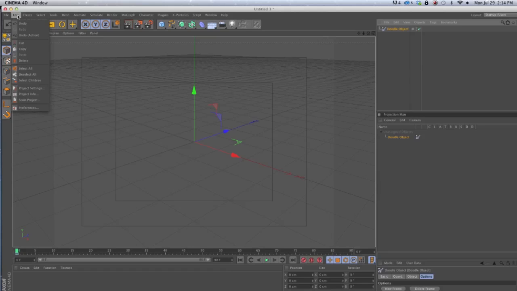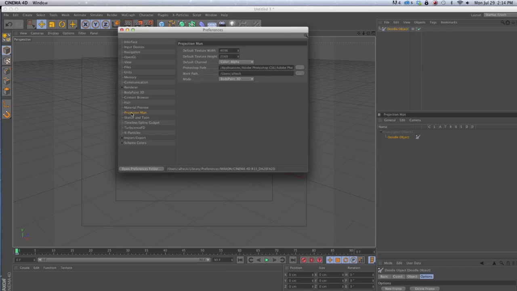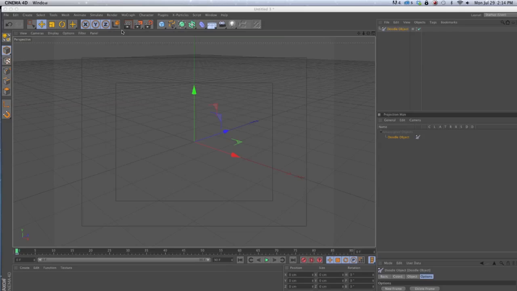The next thing you want to do is in Preferences, Projection Man automatically is set to luminance. We want to change this. We're going to go to Color in Alpha because we want to use lights in our scene to sell the look. We don't want to just paint. If you're directed to do it exactly the way it looks, then keep it as luminance. But I prefer, if you're going to do Projection Man, if you're going to go this length, have the freedom to do whatever you want inside of it,